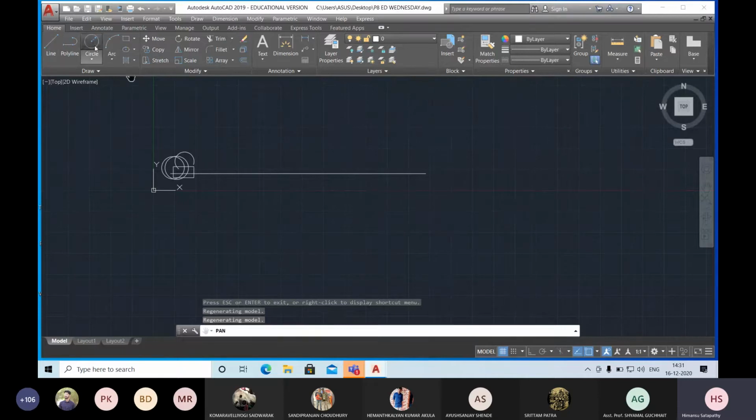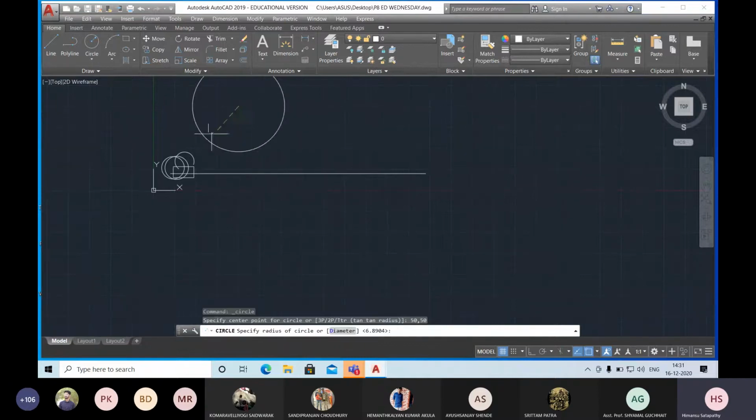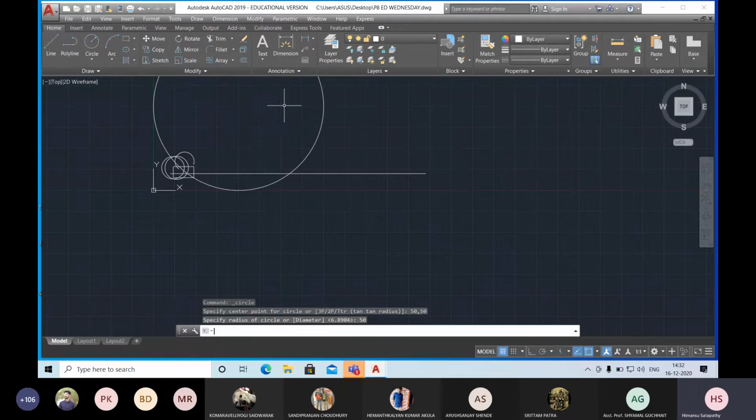When I go for the circle, it is asking for the center option. So I can enter 50, 50 as the center. Automatically, all of you can see this one, it automatically starts from some points. So this is your coordinates, and then you need to enter the diameter or radius. If I mention the radius as 50, then it is 50 mm radius. Circle can be drawn. So this is your method to make any drawing by coordinates.